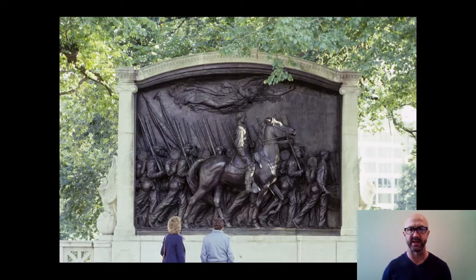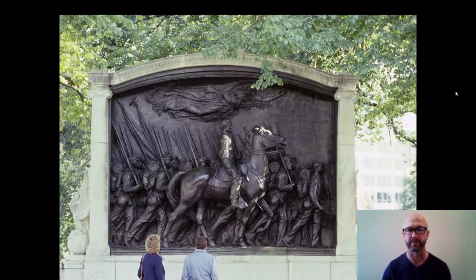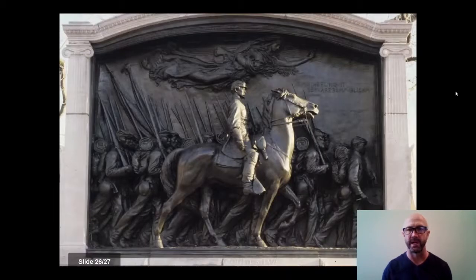The way this is set up is at the very top you've got, and let me get you in closer here, at the very top, you have the angel of death. After all, many of these people are going to perish. She holds in her hand poppies and a laurel, and that laurel is turned into a laurel crown and is representative of victory, whereas poppies are symbols of sleep or death here.